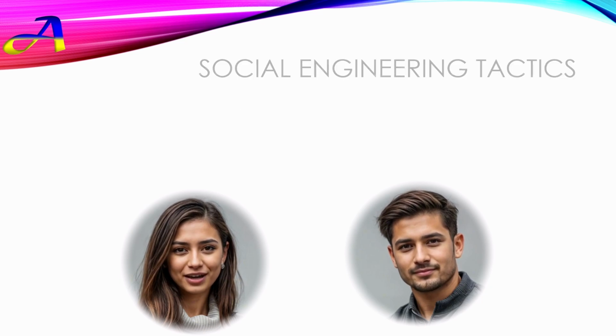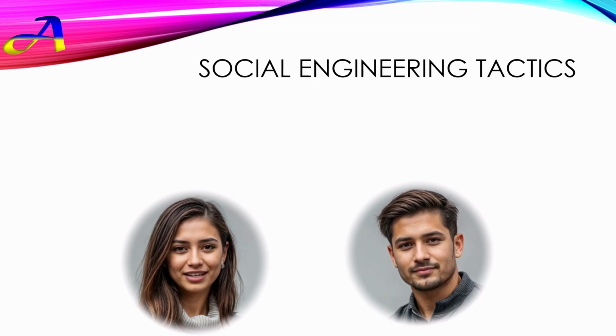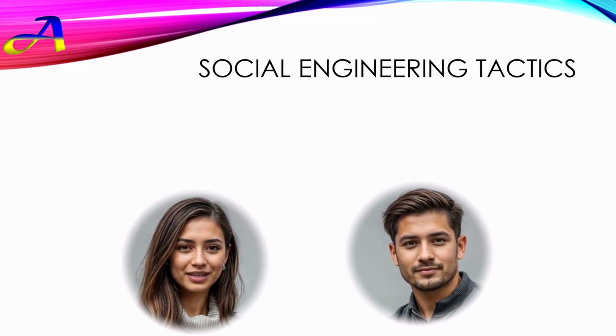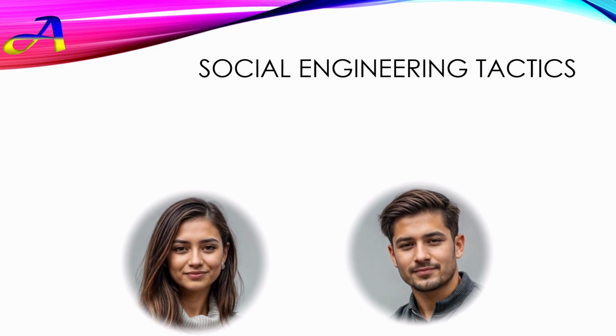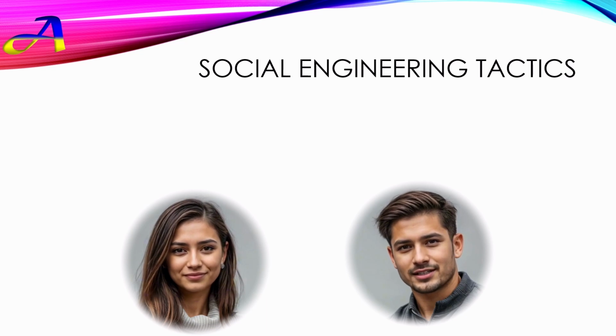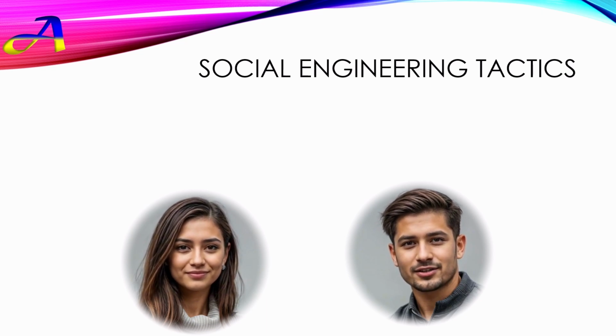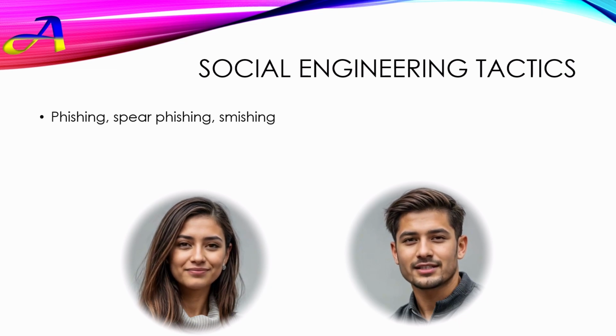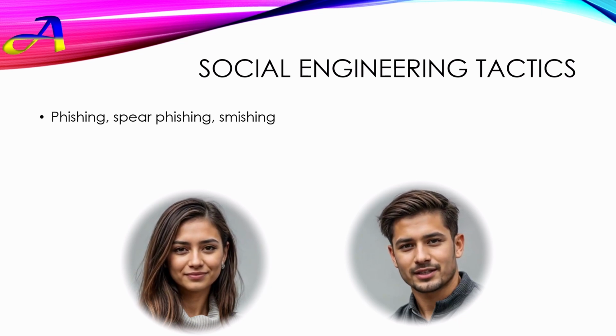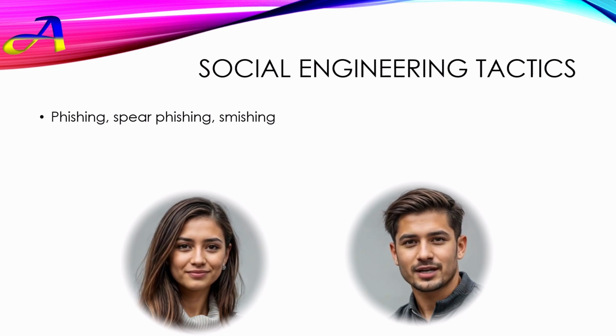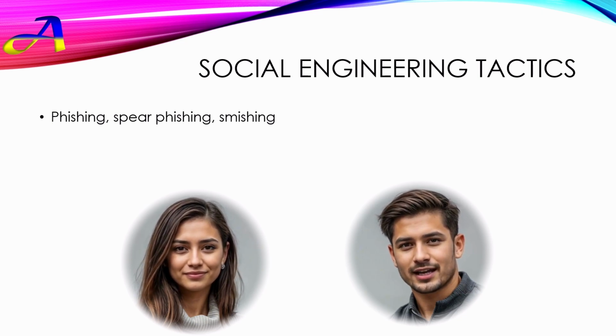Okay. Now, the last big category we have here is human vectors, often referred to as social engineering. This is all about manipulating people, right? Not the tech. Precisely. Instead of trying to find a technical flaw in a system, attackers often find it easier to hack the human by exploiting our natural psychological tendencies. Like trust or curiosity. Exactly. The ultimate goal is to manipulate victims into giving away confidential information or granting unauthorized access.